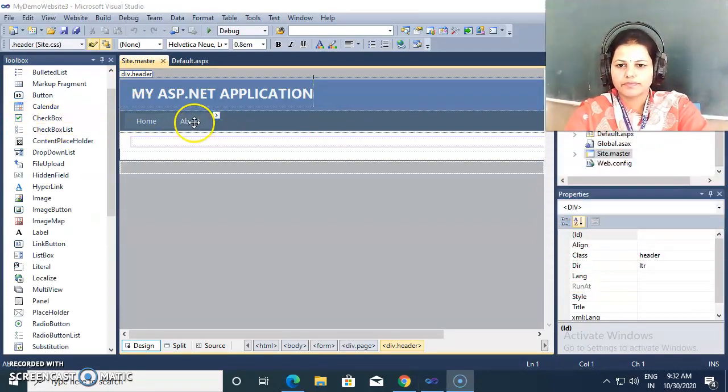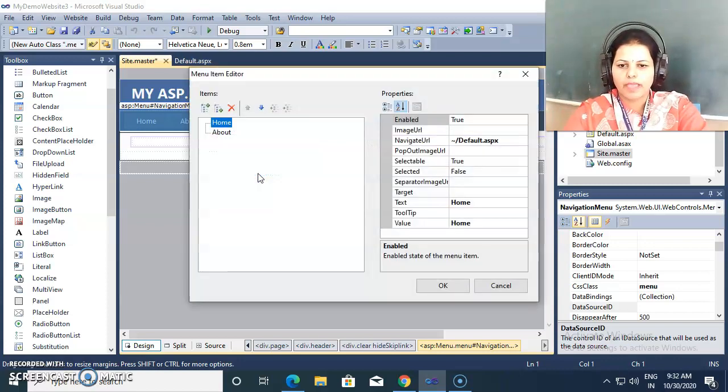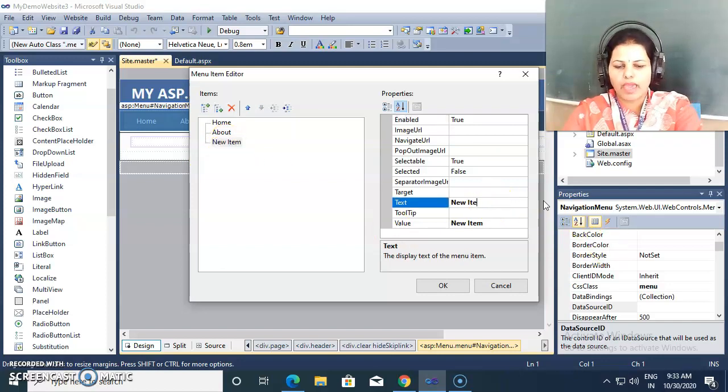Now here if we go on menus, there is one arrow. By clicking on this arrow we may edit menu items, means we can add or remove some menus or we can add some sub menus as well. So I'm clicking on this. These are the main menus, and here is add a root item, means if we want some more main menus then we may click on this and give the name, suppose I want gallery.